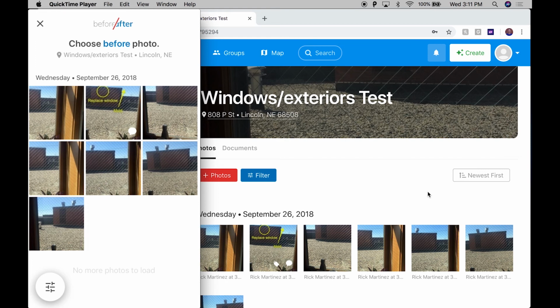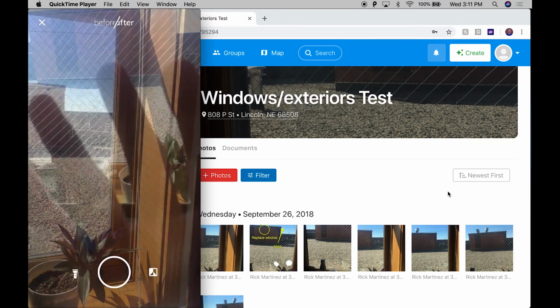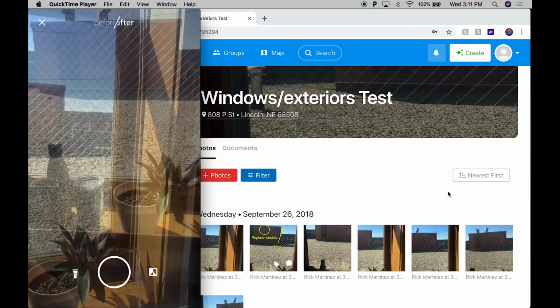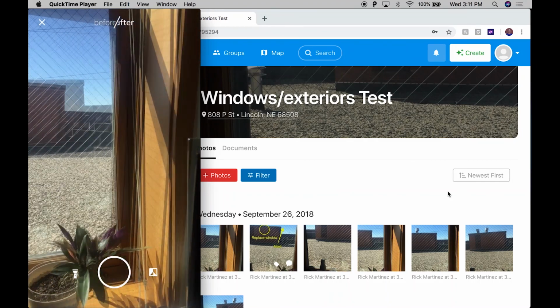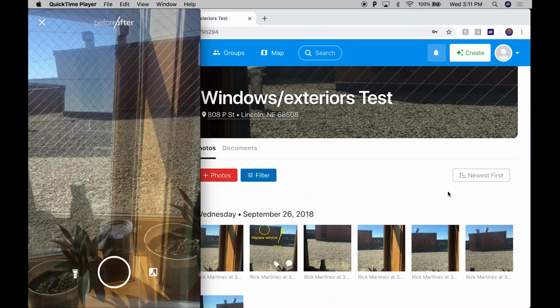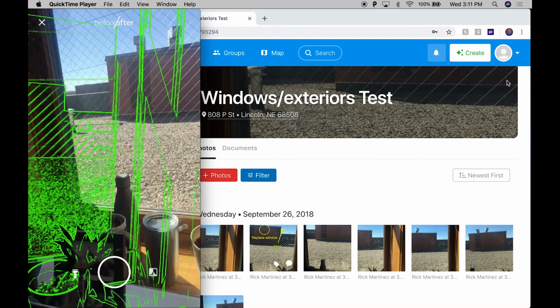So what it's going to ask me to do is pick a before photo. So I'll just pick this top left photo here. I'll select that, and I'm going to say use photo. So I click that. What this does is it's going to kind of give me an overlay of my before photo. So what you can do is you can go line up your after shot, so you don't have to remember where you're standing. If you don't like that, you can click this little button to the right of your camera screen here, and that will kind of